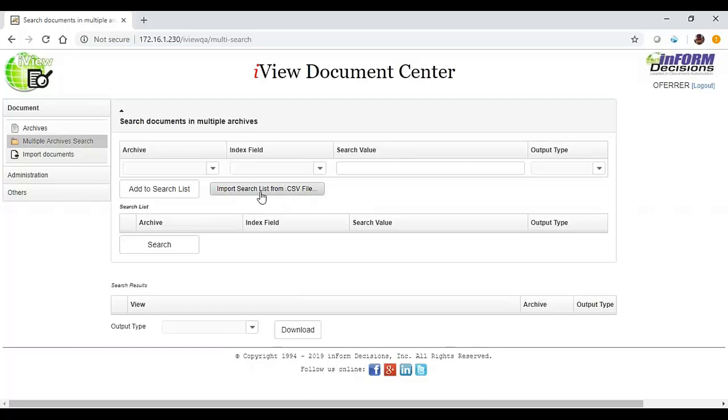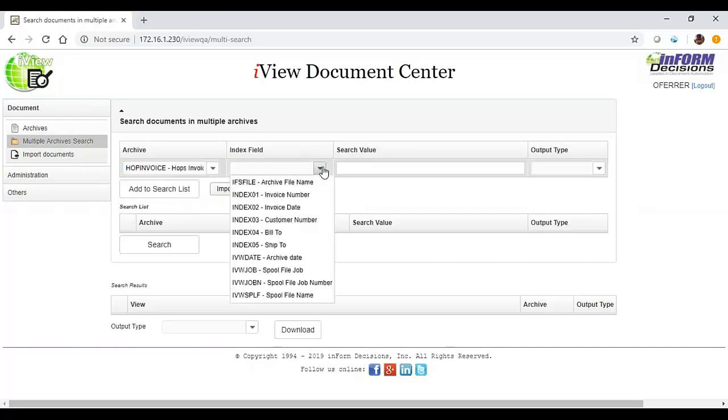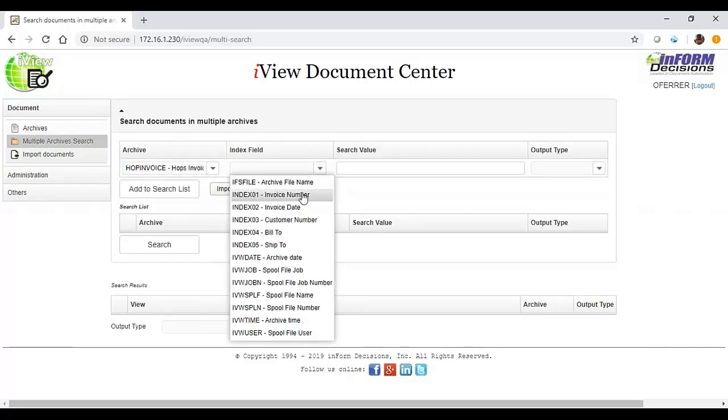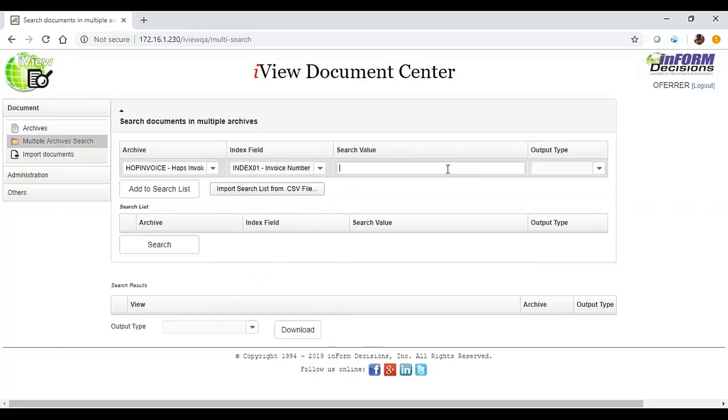You can actually put that list into a CSV file, feed this into the system, and just do a mass lookup and a mass output of all those files, so you're not going one-on-one to do this. The equivalent of that is actually saying, what archive am I going to pick? Let's say it's going to be invoices. What field am I going to be looking up? Maybe it's invoice number, the actual value of the invoice that I'm going to be looking up,